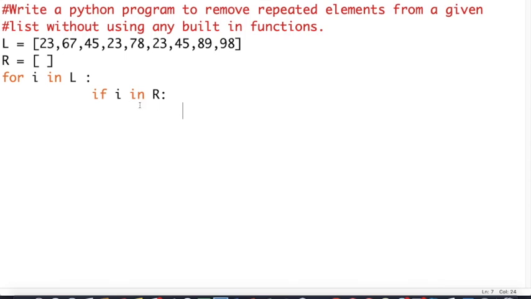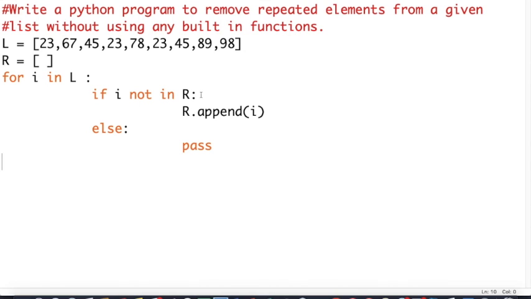If I is not in R, then we will just add that element I into R. So R dot append this I into R, right? If it is not there; else nothing will be done, so else pass, right?